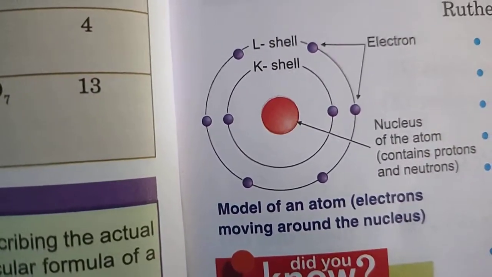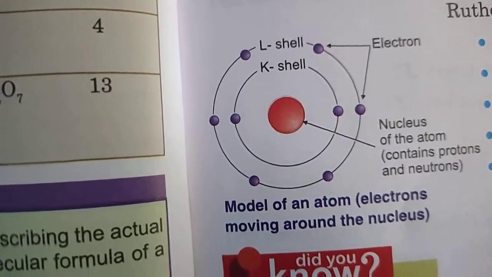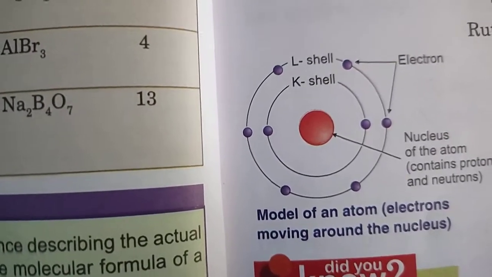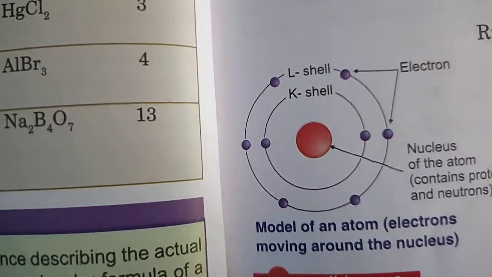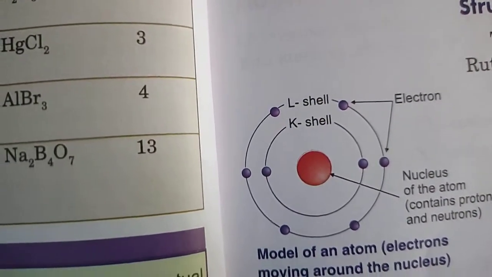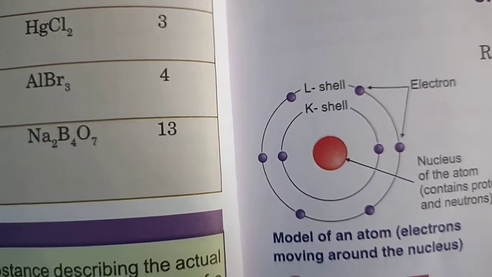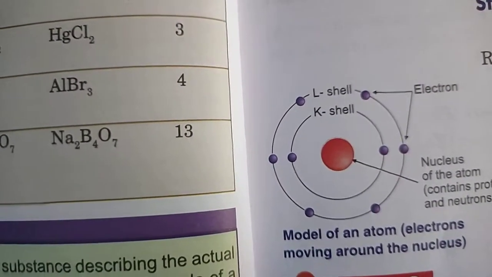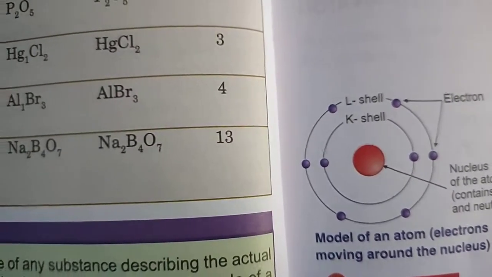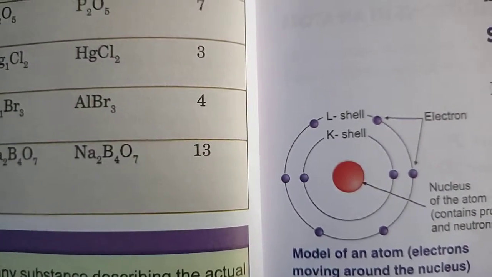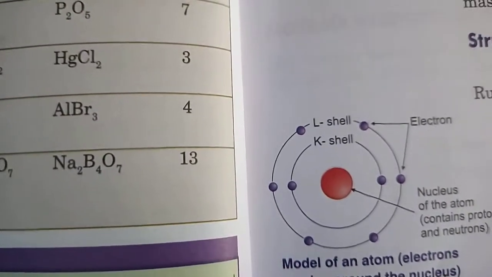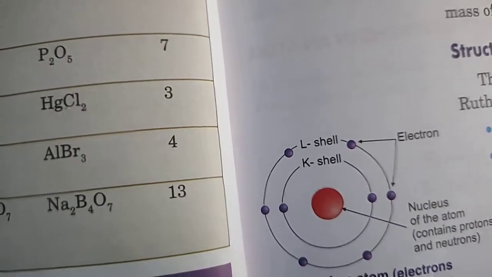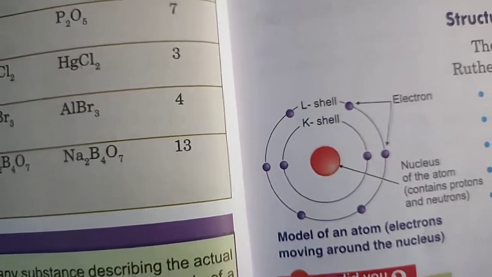In an atom, the nucleus is surrounded by electrons moving around it in certain fixed orbits. See, electrons do not revolve everywhere. Only in certain fixed orbits do electrons revolve. Like you can see here, K shell is there, L shell is there. That means in between K and L, electrons do not lie, right? That is why they always revolve in certain paths, in certain fixed orbits, just as planets revolve around the sun in our solar system, right?